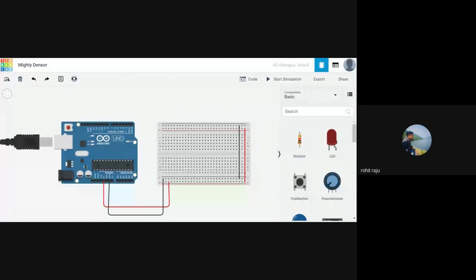Before starting any experiment, I suggest you all do this setup beforehand, so that it will be easy for you when assembling, when making the connections. So let's take some LEDs. Let's say 5 LEDs. We'll take LED 1. You can name them 1, 2, 3, and 4. And take 2. I'm going to take 3. Take 4. I'm going to take 5.